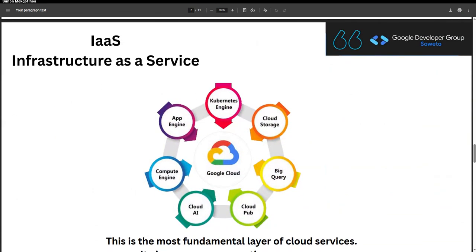Now we move on to something that's far more complex, but it essentially uses the same sort of principles, but this is infrastructure as a service, right? And this is the most fundamental layer of cloud services. It gives you raw computing resources like virtual machines, storage, and networking that you manage yourself. I mean, its commercial beginnings, although I hate to say this on a Google platform, its early beginnings were linked to actually Amazon Web Services in the early 2000s, I think 2006, if I'm not mistaken.